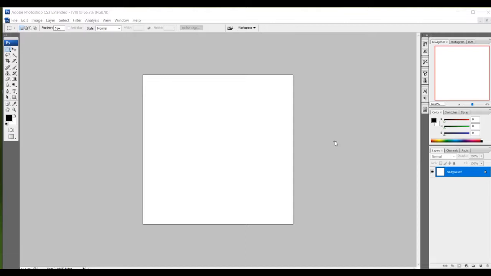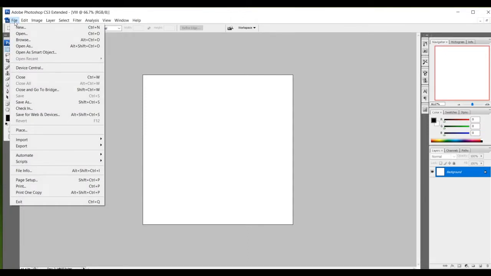Now let us start inserting an image and text into our file. First, if I want to add an image, we have to follow File, then in File select the Place option.